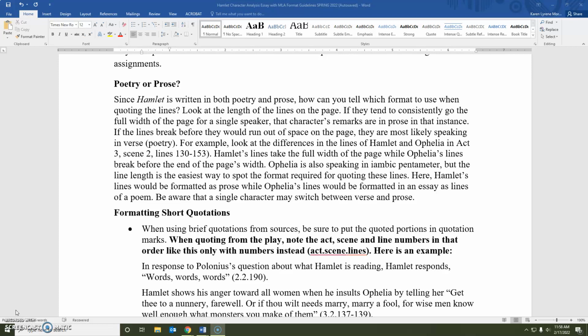And my focus is on your interpretation of your specific theme that addresses the prompt you have chosen. You are choosing from some that I have provided for you. If you're not choosing one of those, you will get it approved by me well before you even start researching. So we're going to just talk about quotations